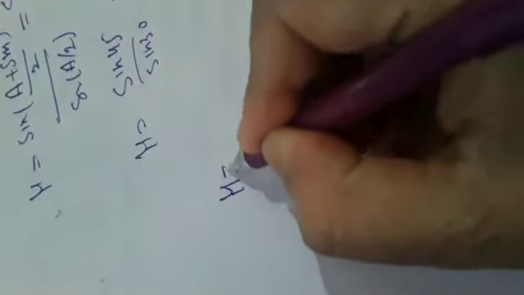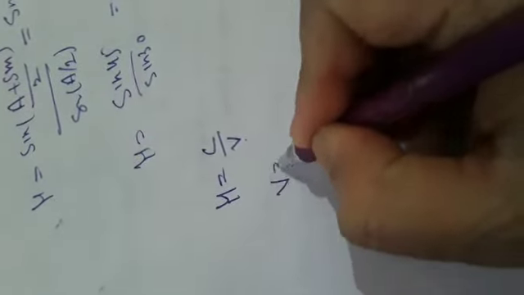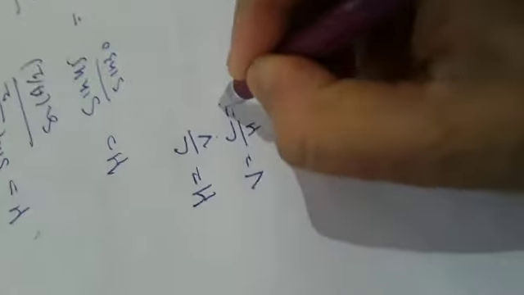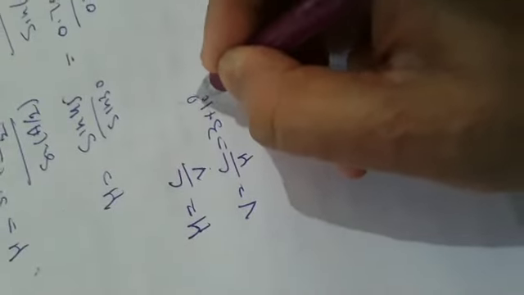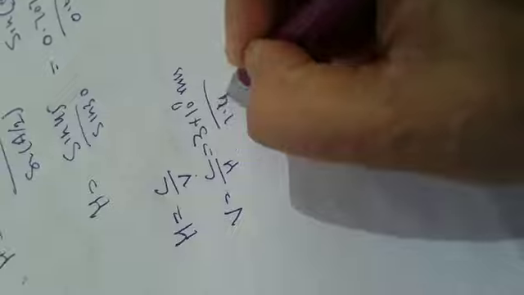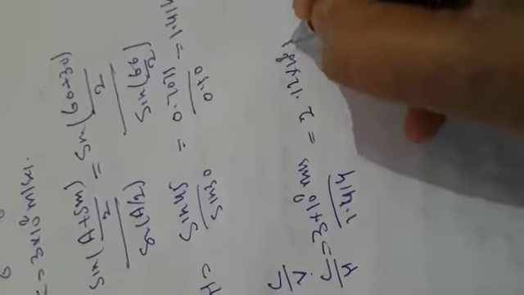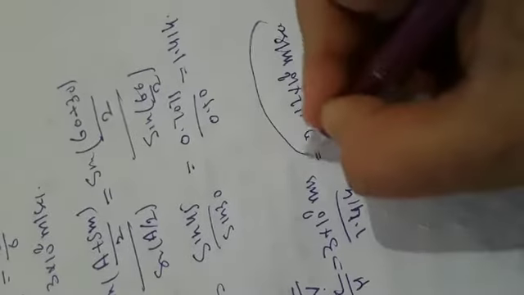Now we can calculate the velocity. Refractive index is the velocity of light in vacuum to the velocity of light in that medium, so V is equal to c divided by mu. So 3 x 10 raised to power 8 meter per second divided by 1.414. If I divide 3 by 1.414, I get 2.12 x 10 raised to power 8 meter per second. This is the velocity of light in the prism.